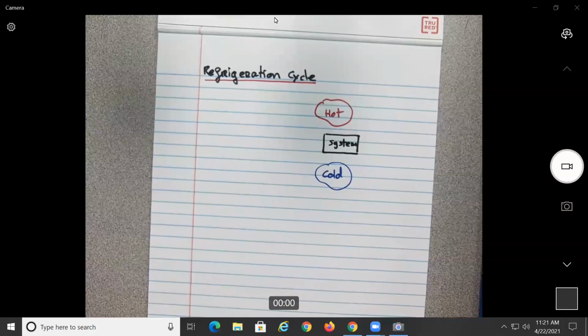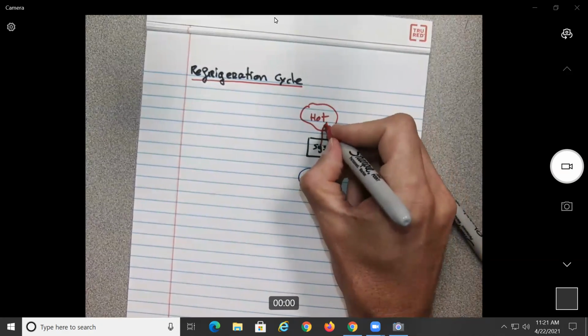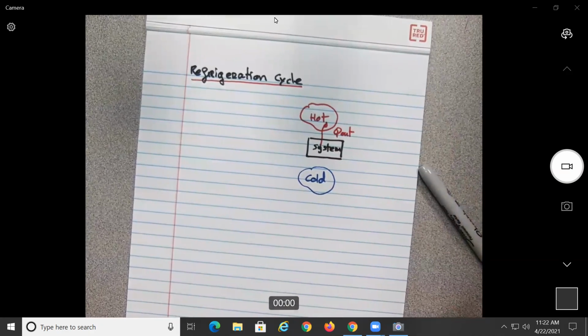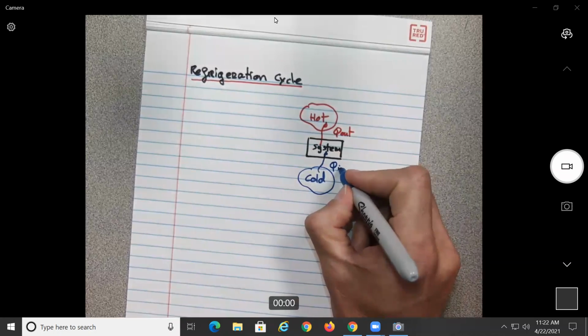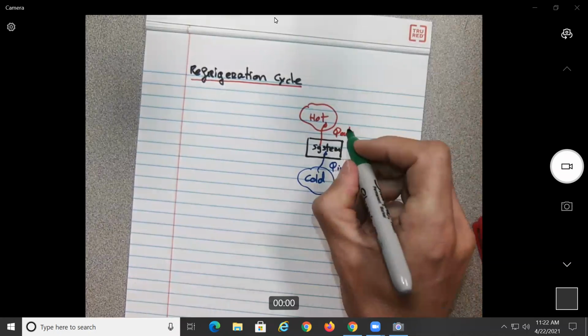There's actually two ways to cool a system. All right, so what would be those two ways to cool a system? Either you can remove heat from the system into the hot reservoir, or you could put cold into the system, okay? But what is something that happens in both cases is that in both cases, you need to provide